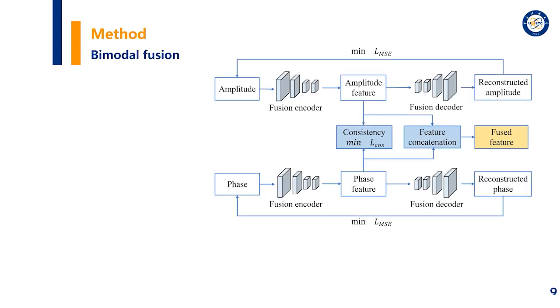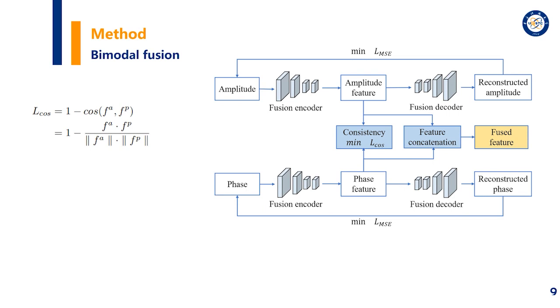From CSI, we can extract amplitude and phase. The two modals are affected by the actions simultaneously. Hence, they have consistency. We fuse the two modals in the feature level under the criterion of consistency. The fusion autoencoder is first applied on the amplitude and the phase to extract their own action features, then leverages cosine similarity to measure the consistency and minimize it. That is,